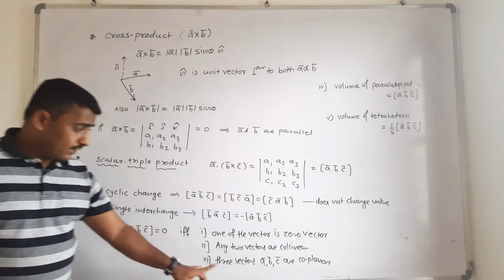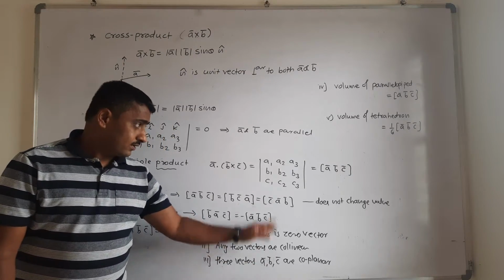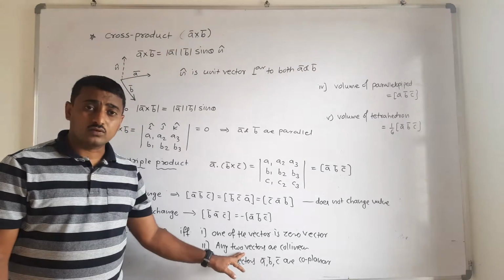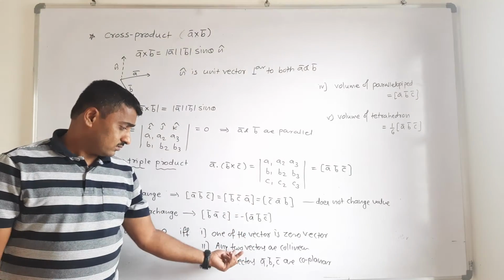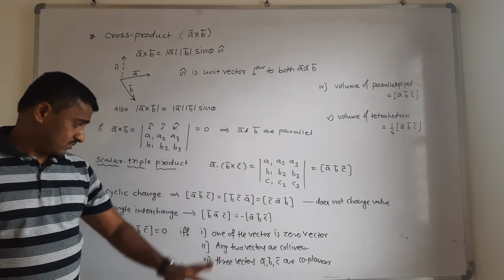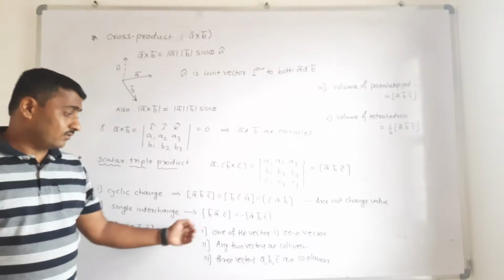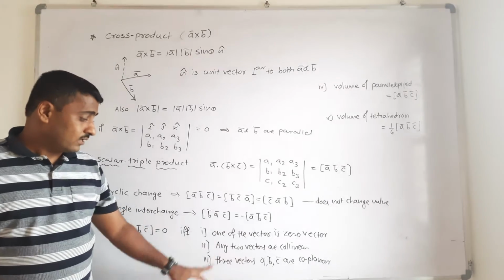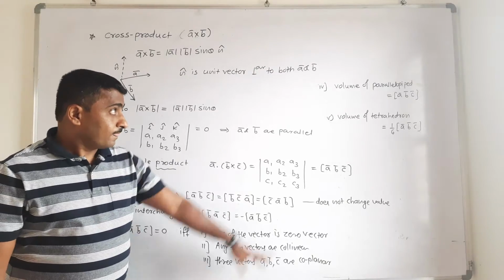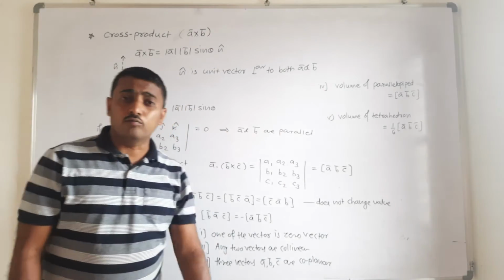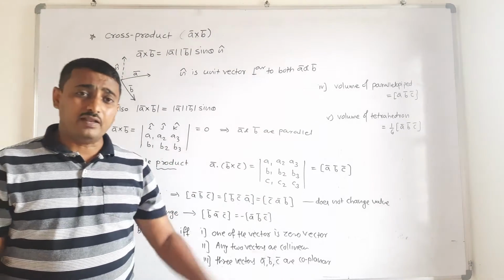Therefore, to show that three vectors are coplanar, we just have to show that the determinant is equal to 0. For collinear, again check that the determinant is equal to 0. That is, if three points are collinear, take the determinant equal to 0. If the scalar triple product is 0, then one of the vectors is 0, or any two vectors are collinear, and last, the three vectors are coplanar. Then two more points are there. Volume of a parallelepiped, we know this already. Volume of a tetrahedron is 1/6 of the scalar triple product.